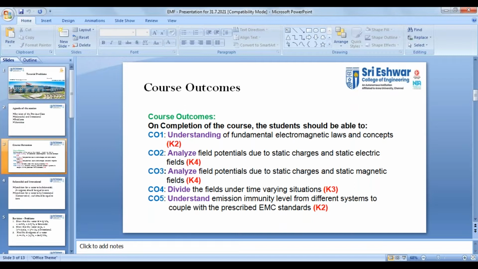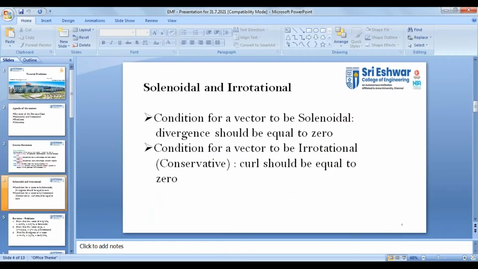Fine. This is what I said, like solenoidal and irrotational. We have seen parallelism, perpendicularity, all these things. Before going into this particular slide, we will revise what we have seen till now. Can anyone summarize what we have seen? Anybody from B section? Because last class Divya V of A section summarized everything. Today I want anyone from B section, any volunteer.